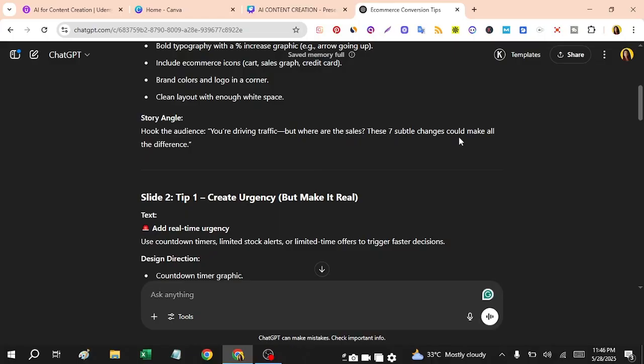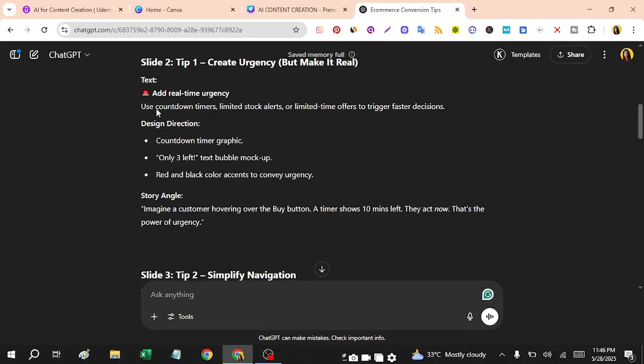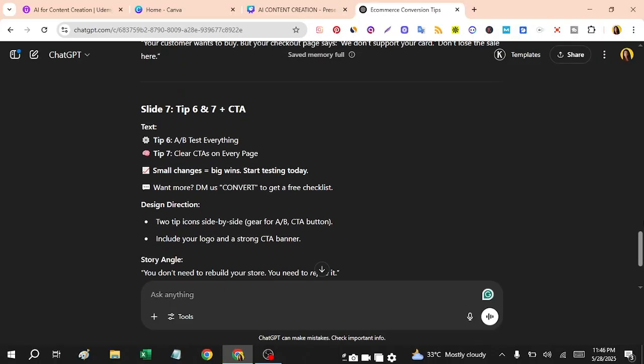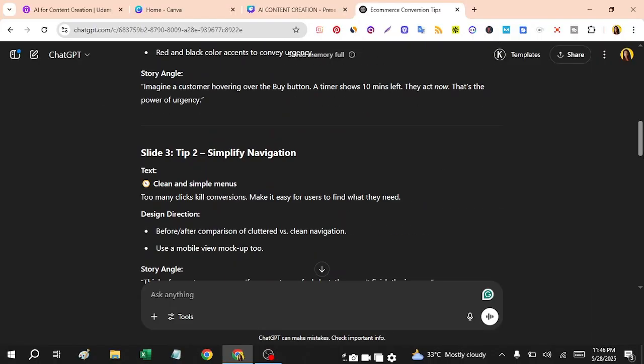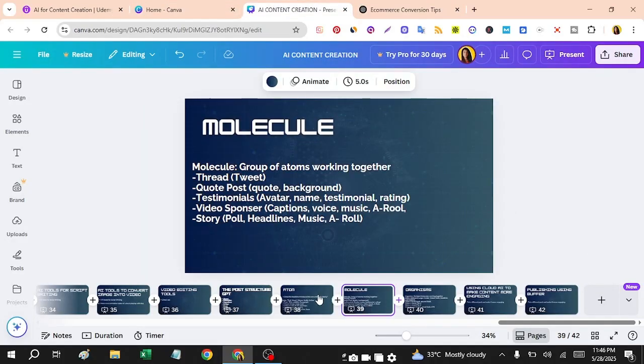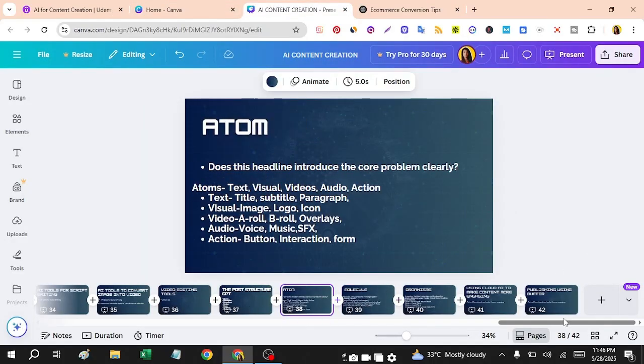These seven subtle changes could make all the difference. In slide two, you will get the content, and then you can see the design again. This is very deep, when you realize, oh, this is what I need to be doing. So this is basically an idea of how you should be structuring your content piece.